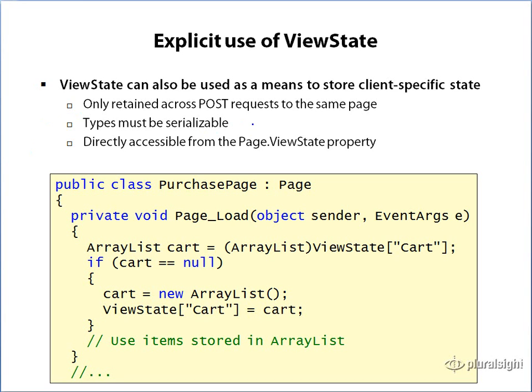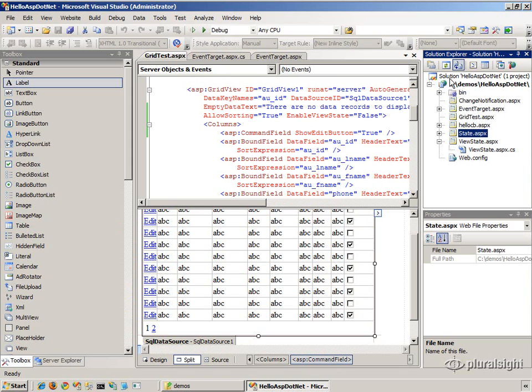The only constraint is anything you place into ViewState must be serializable, because what will happen is ASP.NET will take the instance of the class that you pass in, serialize it into a binary form, and then base64 encode the binary data for your controls. The way you access this is by accessing the ViewState property on your page. This just taps into the existing collection of ViewState, and you can augment it with whatever data you find useful. So let me show you an example of using ViewState